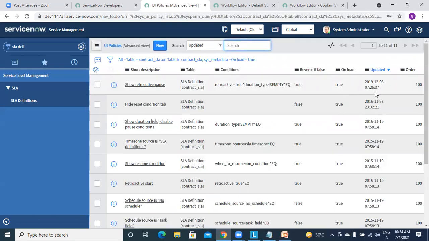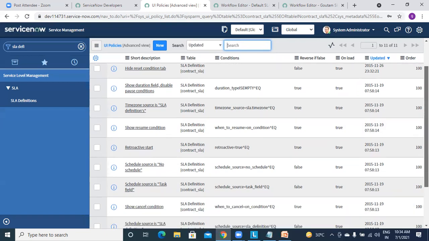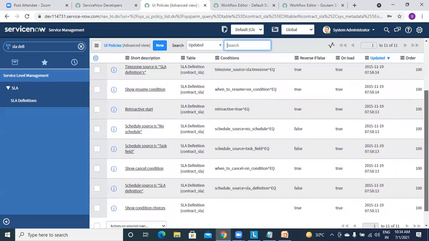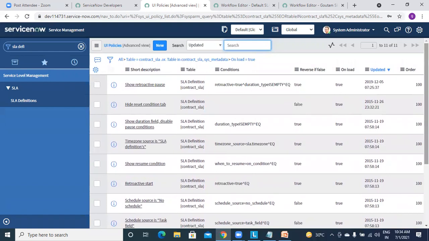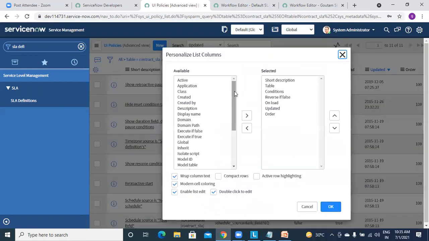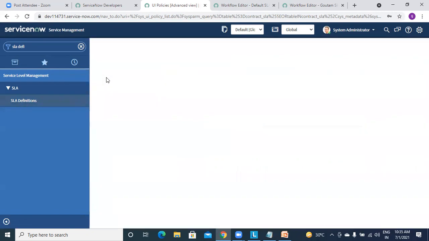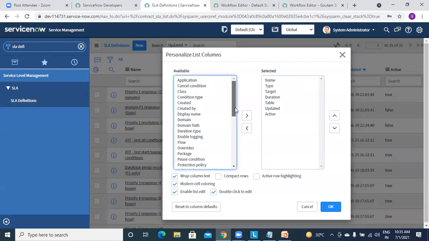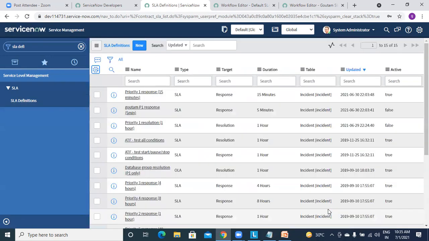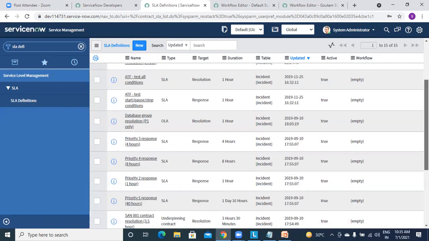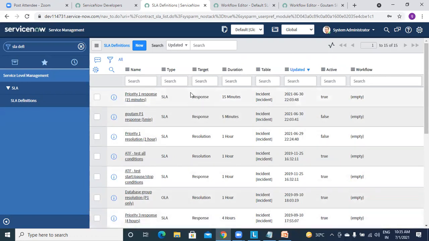So these are all. Okay, they have totally removed the workflows concept and they are just using this flow concept.